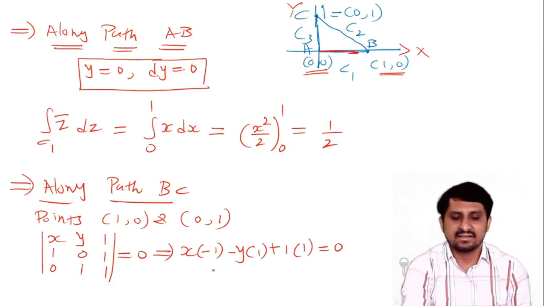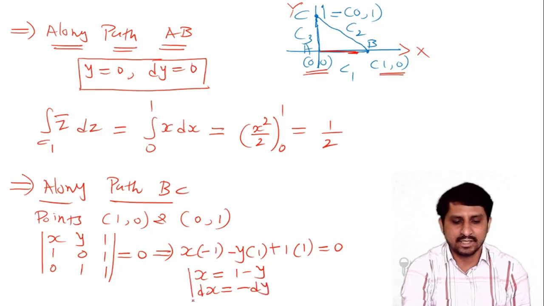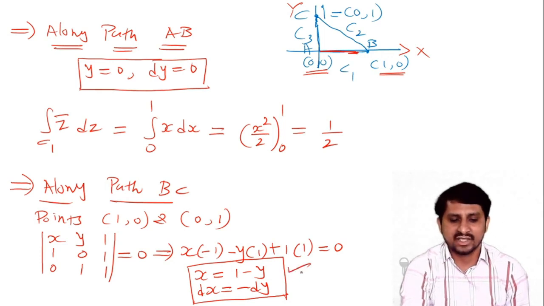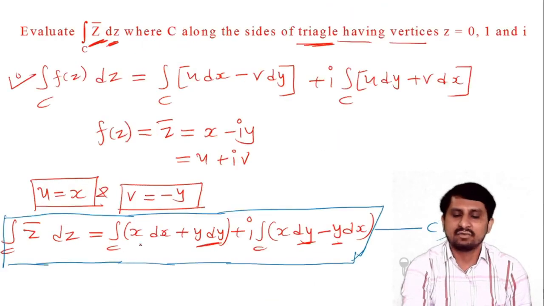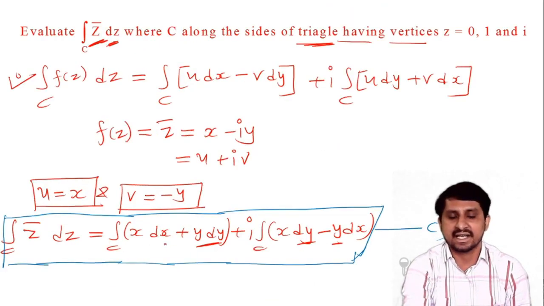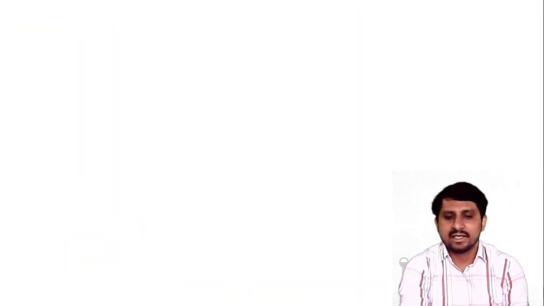So x is equal to 1 minus y, and that's why dx is minus dy. Okay, x is 1 minus y and dx is minus dy. So put these two values in this equation. Instead of x I have to take 1 minus y, and instead of dx I have to take minus dy. So that's why the integration